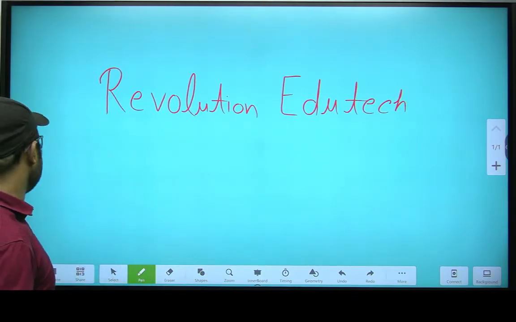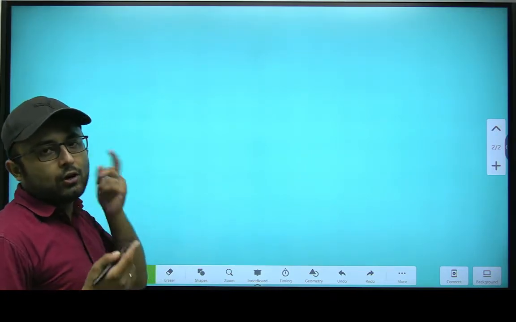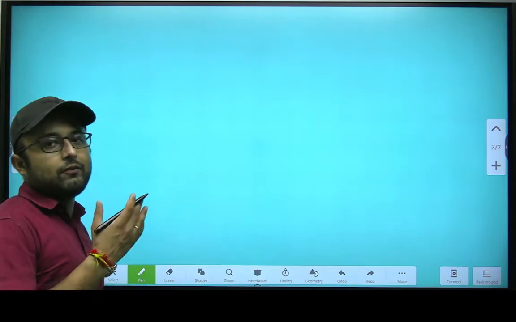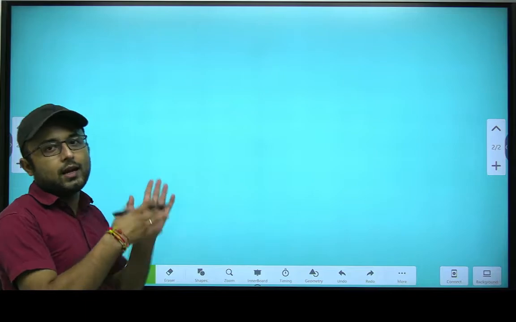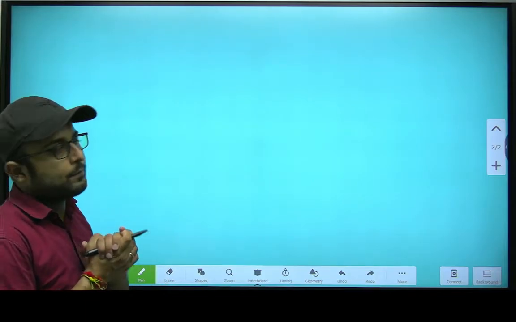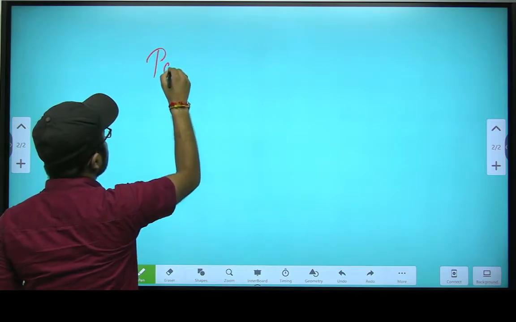So let's proceed. In previous lectures we have talked about the polygon law. Today we will talk of the parallelogram law, both by the vector method and by another analytical method. So we will discuss the parallelogram law of vector addition.